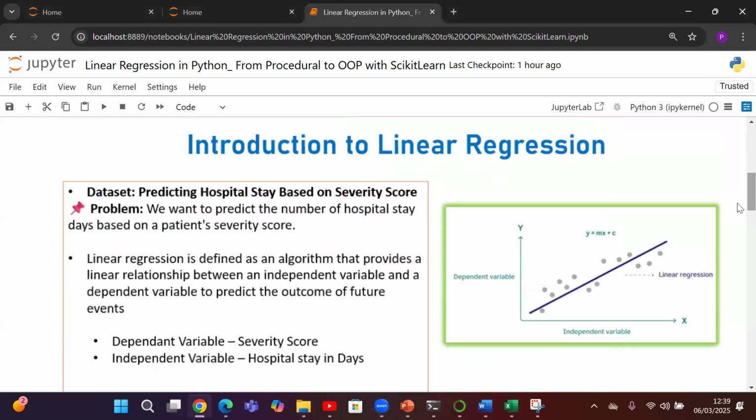Before we jump into the code, let us understand what a linear regression is. A linear regression is a statistical method used to model the relationship between a dependent variable y and an independent variable x using the equation y = mx + b, or y = mx + c, where x is the independent variable, y is the dependent variable, and m is the slope of the line, which determines how y changes with x, and b is the intercept, which is the value of y when x is equal